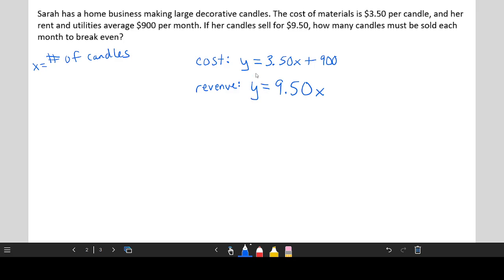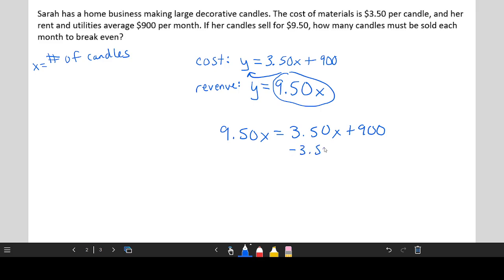And so this is a system of two equations, and we can use the substitution method pretty easily here because they're both solved for y already. So we can just take the 9.50x and plug it into the other equation for y essentially. And then we can solve for x. So we'll subtract 3.50x from each side. That gives us 6x equals 900. And if we divide both sides by 6,